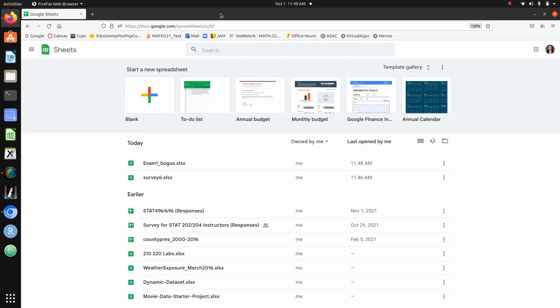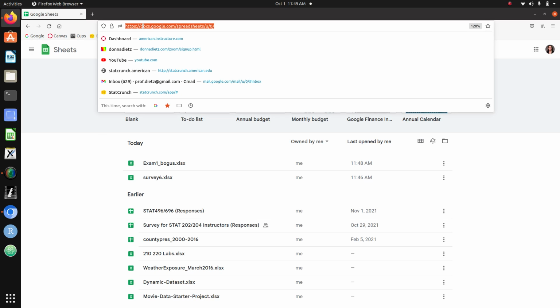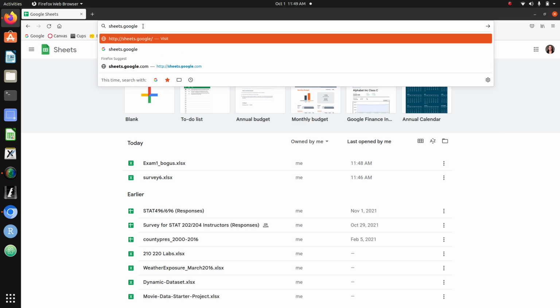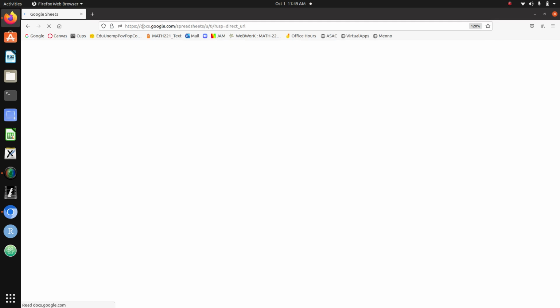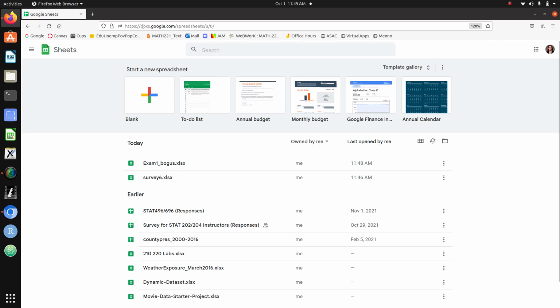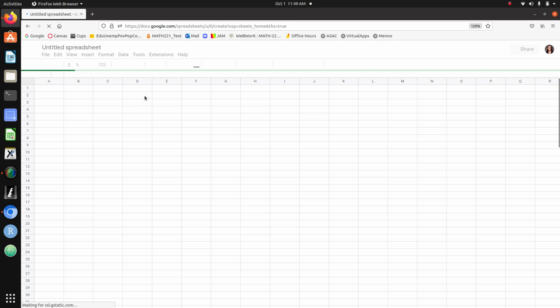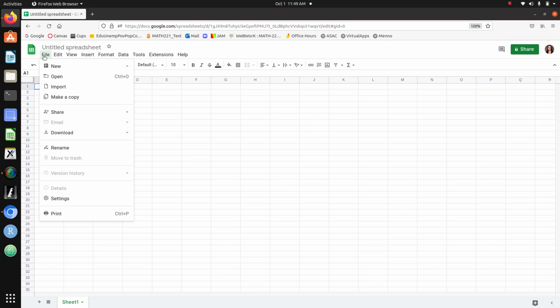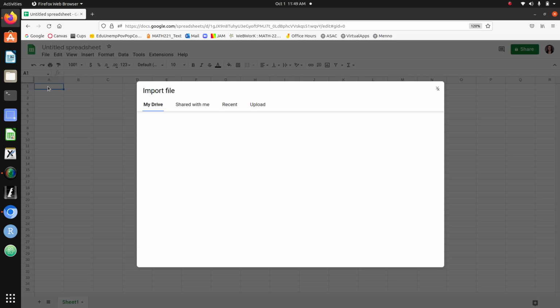Okay, I'm going to show you some things you could do with your grades, and I'm at sheets.google.com. I'll just type it in so you can see how to get there quickly, and then it redirects you to a different, it looks a little different, the URL. You can start a blank spreadsheet, but we're just going to overwrite it with a file that I have on my computer. I'm going to import, I'm going to upload